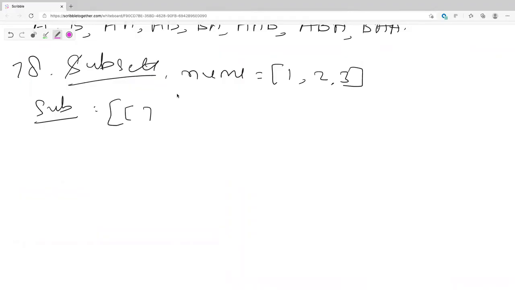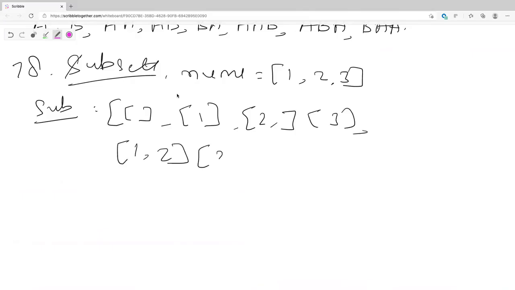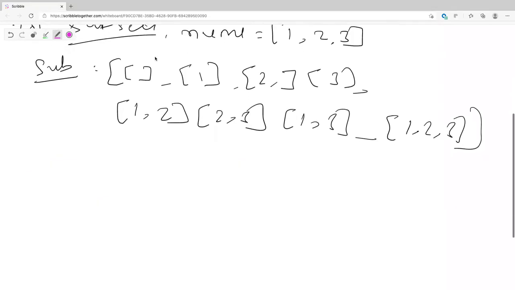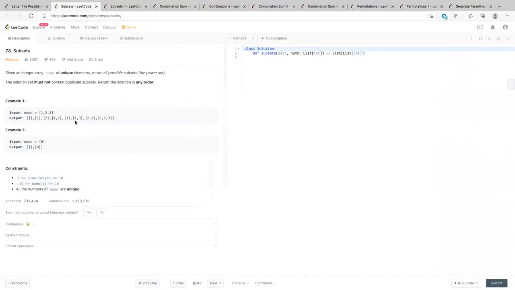You have an empty one, 1, 2, 3, 1, 2, 2, 3, 1, 3, and 1, 2, 3. Given an array of unique elements, return all possible subsets.